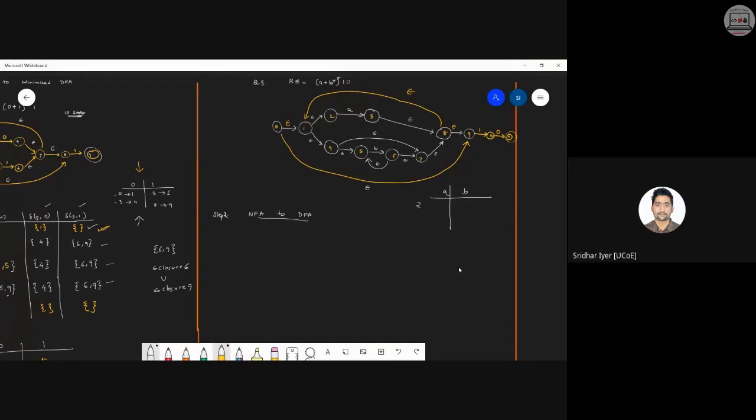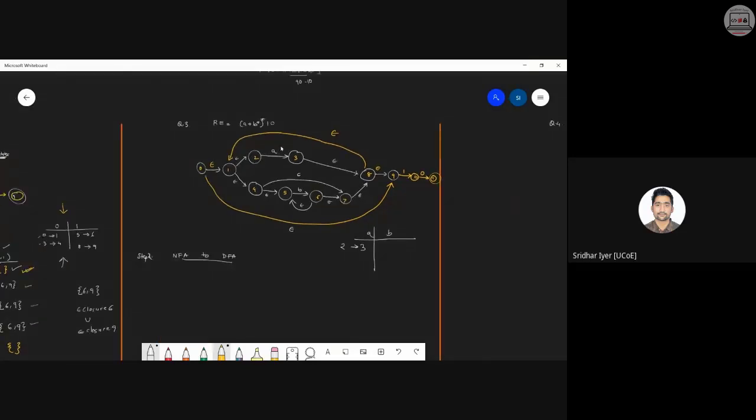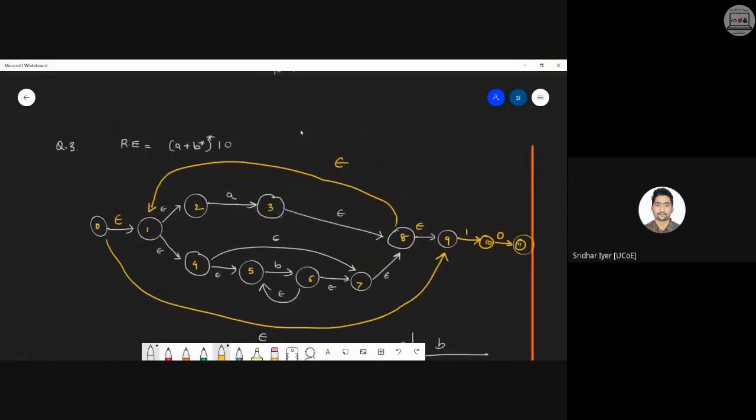State number two goes to state number three on input A. Input A is only okay. One second, I have made a small mistake. Multiple inputs are present over there. So it is BA. Make a change over here. There might be a mistake in the question paper. We can't have four inputs in one question. Okay. So it is BA. Instead of 10, it is BA. Make that change. These sort of mistakes happen in the question paper. Yeah. So it is BA.